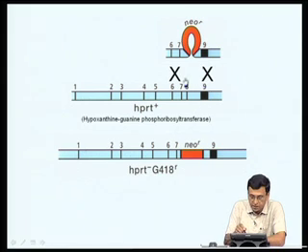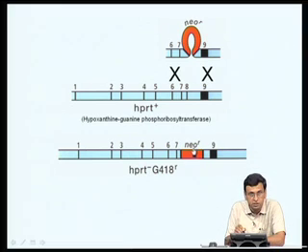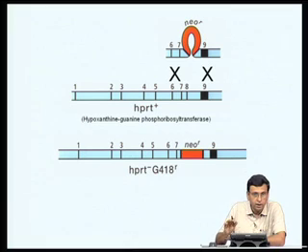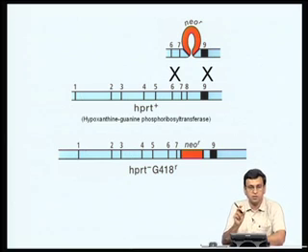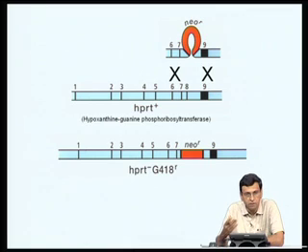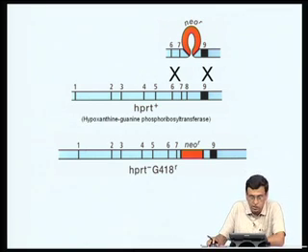So, in the place of the 8th exon, you now have a neomycin resistance cassette, and you can see this now becomes HPRT minus and G418 resistant. That means these cells are now expressing the neomycin resistance gene marker, therefore they become resistant to G418, but since the 8th exon is missing, they cannot make the functional HGPRT protein, therefore they become HPRT minus. So, this is the basic strategy for knocking out a particular gene. Certain crucial regions of the exons are replaced by a selection marker, and then you screen for the particular cells in which the selection marker is expressed, and those cells are the ones in which the gene has